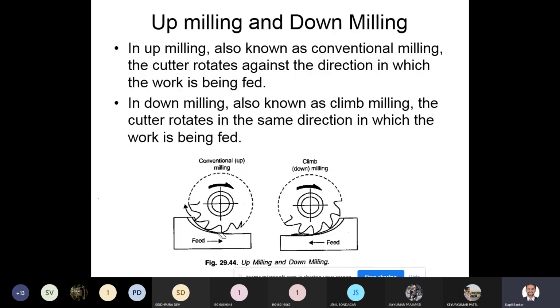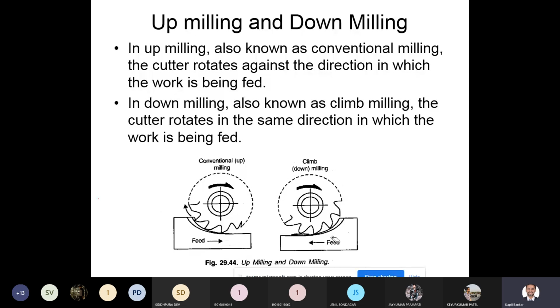Okay, due to this heavy force, your teeth will go upside. So it is called up milling. Due to the cutting forces developed by this removal of metal, it will try to lift the workpiece in upward direction. That's why you need to bind your workpiece with a very high strength. You need to fix your workpiece with a tightened or very high pressure.